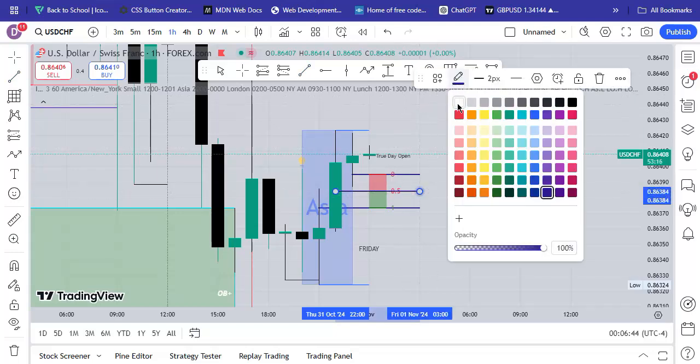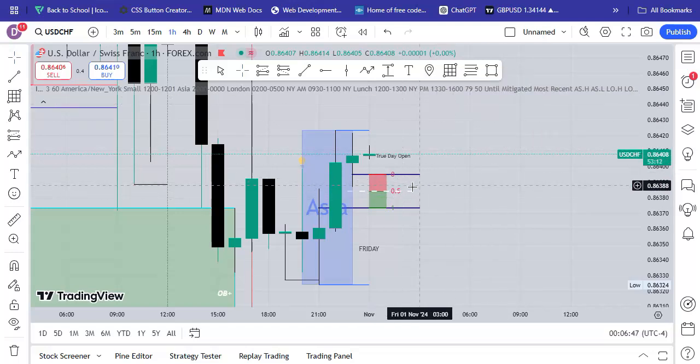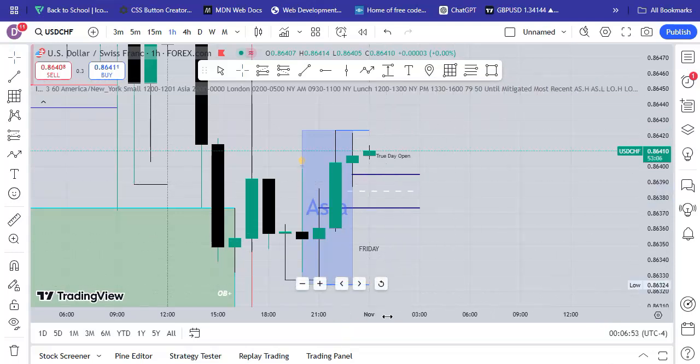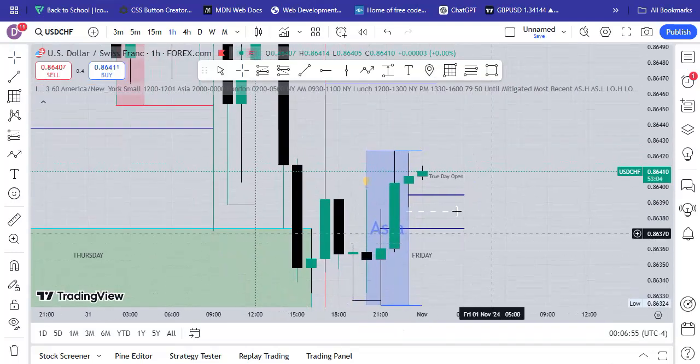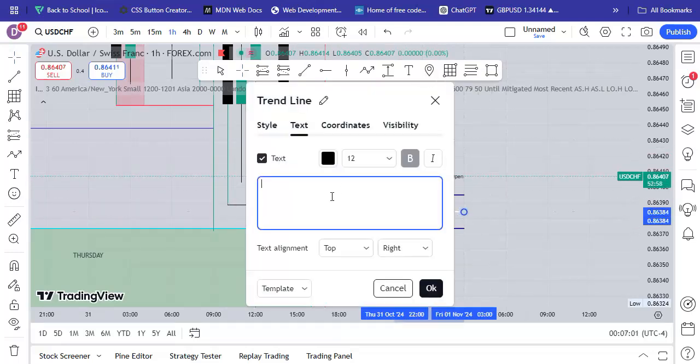So maybe, just maybe, if price returns to this 50% level, this consequent encroachment of this implied fair value gap,